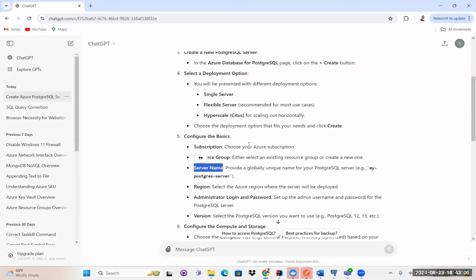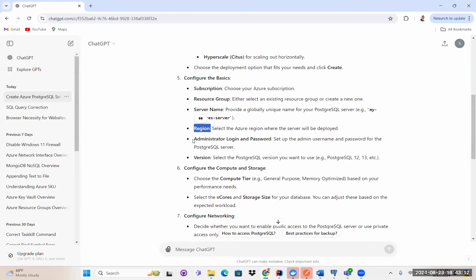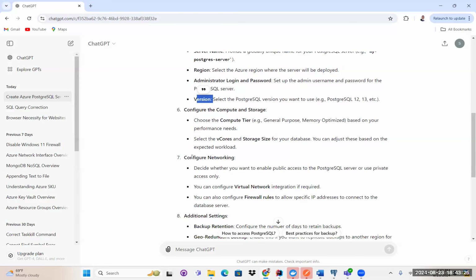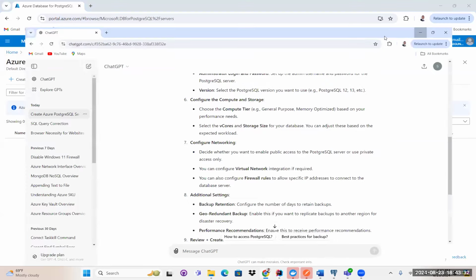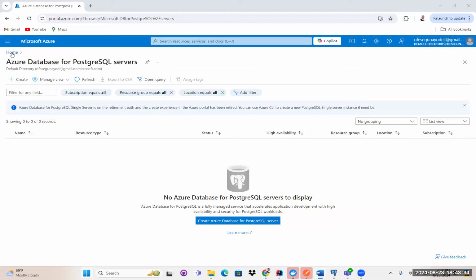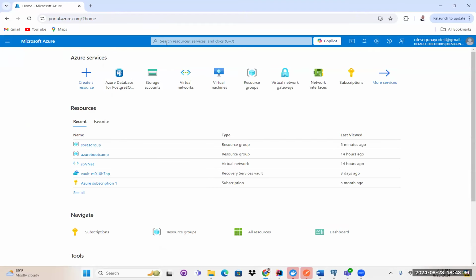You have to give a server name, just choose one. Then the region you want to deploy, the administrator login and password, and the version. If you want to use Postgres 12, 13, 14, 16, whichever, you configure the compute and storage and the networking. Let's just go on the Azure console and do this. So you just come up here